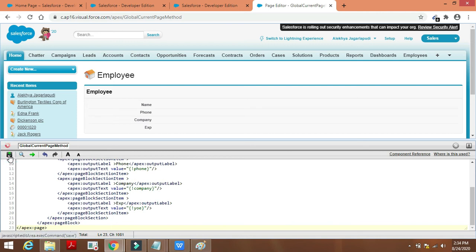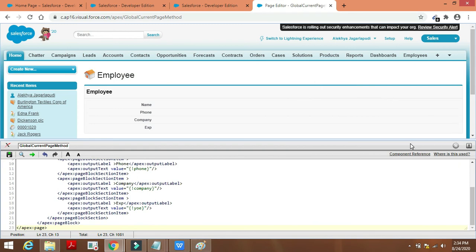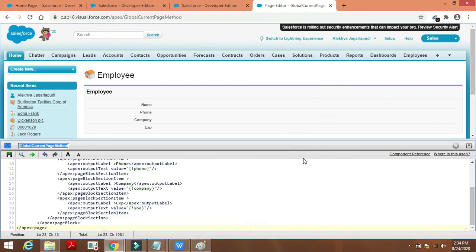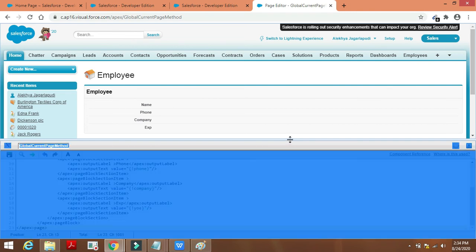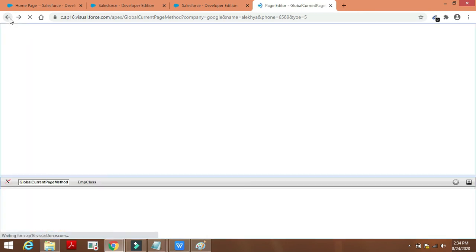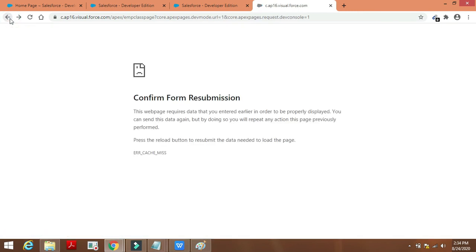It is saved now. So when we go to the previous page, first